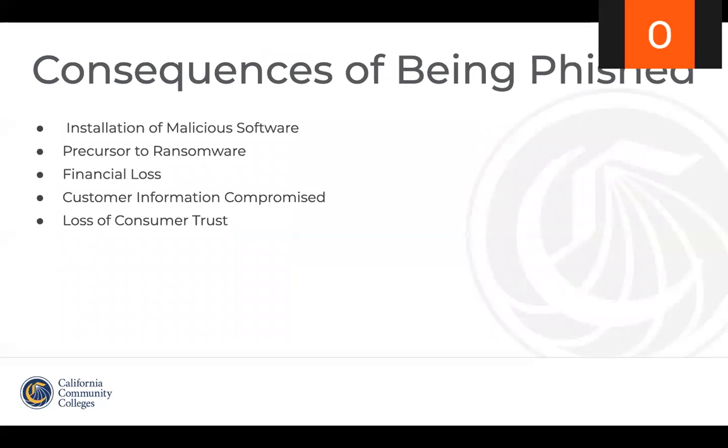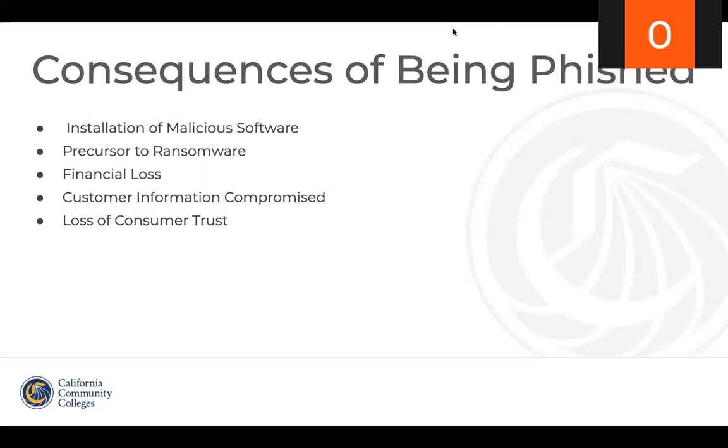So if the target is a government or corporation, the phishing can ultimately be used to install malicious software to a host computer and eventually get a foothold on the organization's network. So more often than not, this is a precursor to ransomware where critical assets are locked up until a payment is made to the attacker or the attacking group.